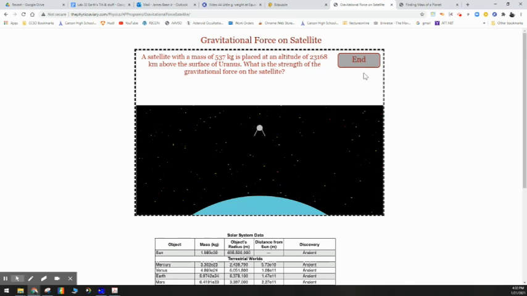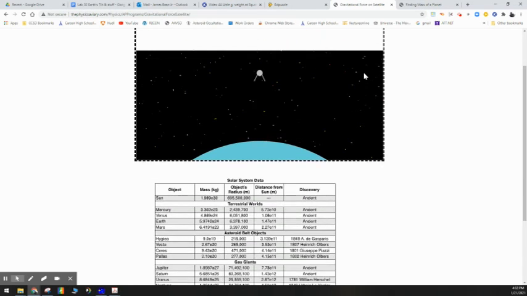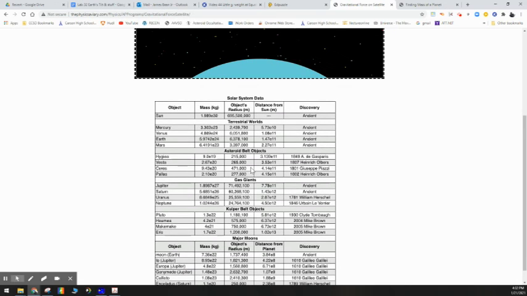It says, what is the strength of the gravitational force on the satellite? That means we're going to be calculating the gravitational force of attraction. Some things we're going to need to know is the mass of Uranus. So let's scroll down here and find Uranus, which is right here. We need the mass of Uranus, which is given as 8.68 e to the 25. And then we also need to know its radius. So Uranus's radius, go ahead and write r here, is given as